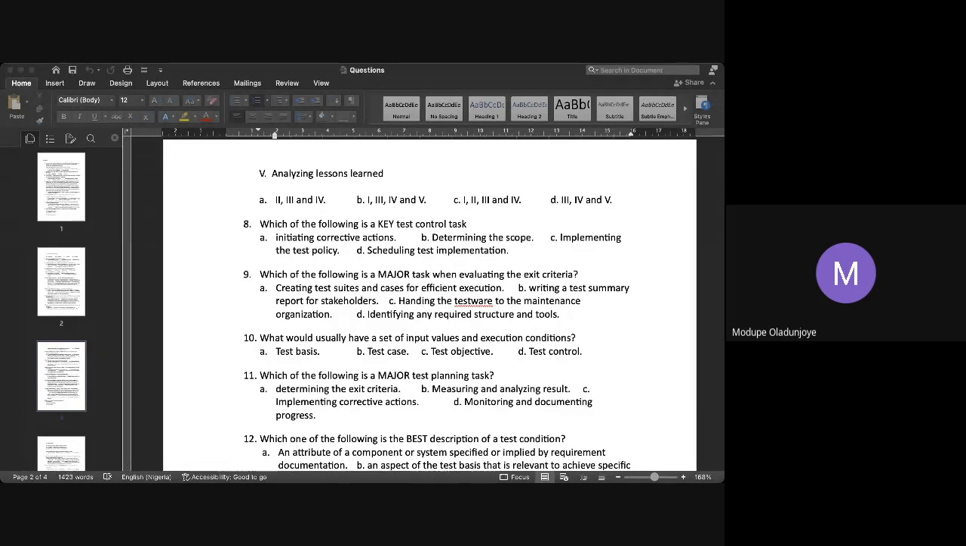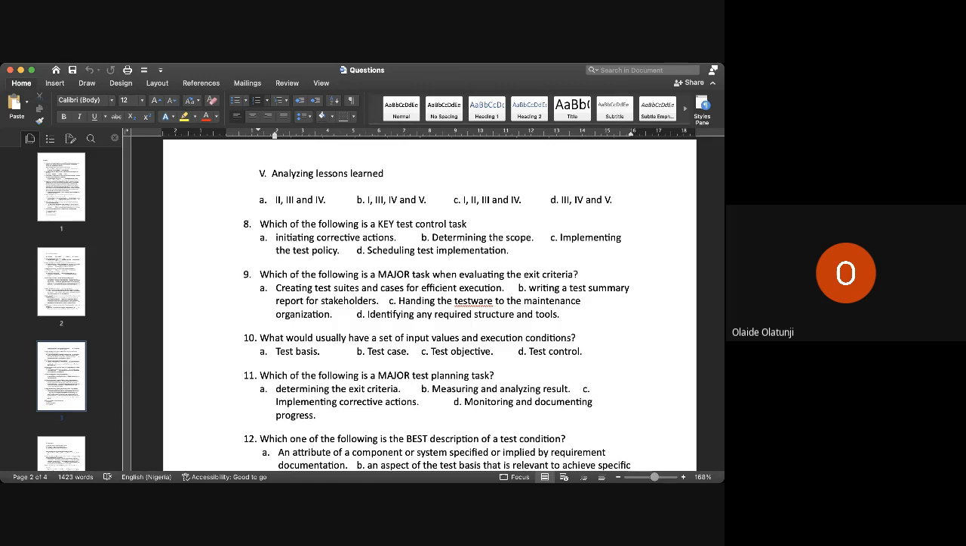Monitoring and documenting progress. No. You don't monitor and document progress in a test plan. Maybe that is monitoring and control. Implement corrective actions, monitoring and control. Measuring and analyzing the result. That's